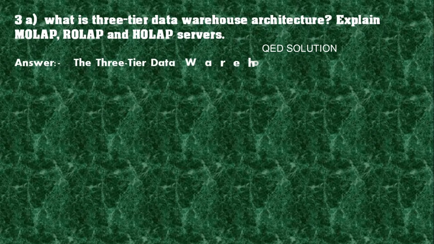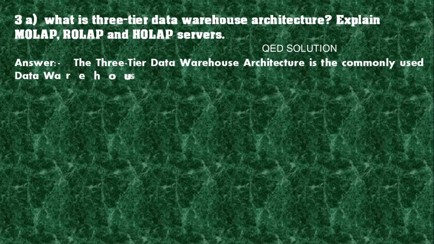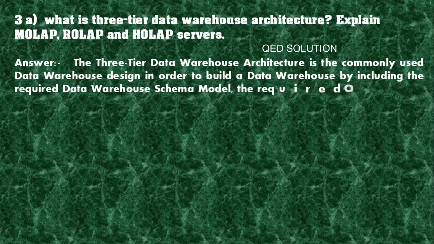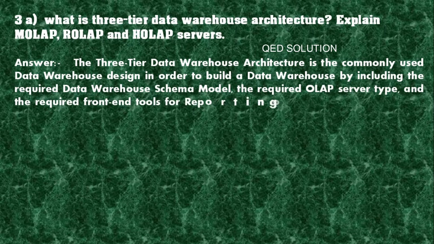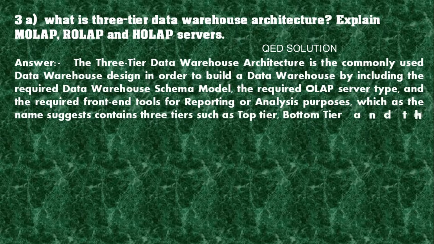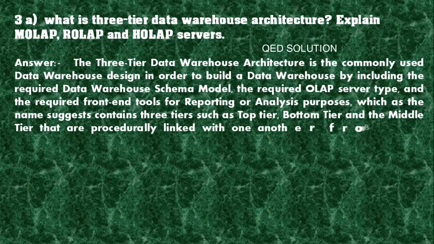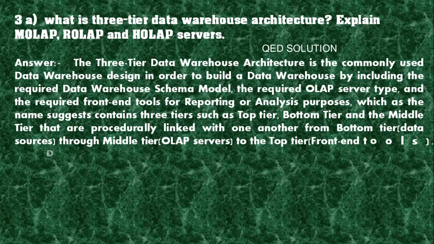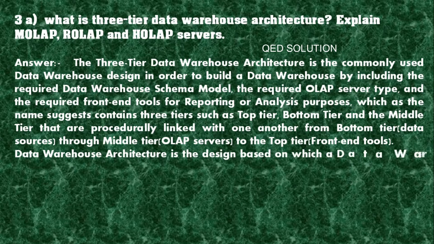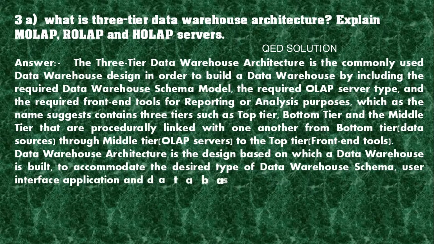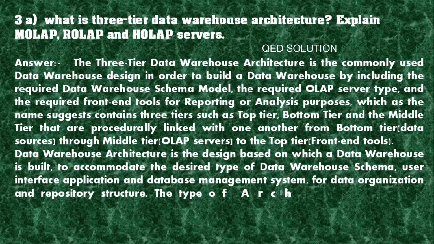Answer. The three-tier data warehouse architecture is the commonly used data warehouse design in order to build a data warehouse by including the required data warehouse schema model, the required OLAP server type, and the required front-end tools for reporting or analysis purposes, which as the name suggests contains three tiers such as top tier, bottom tier and the middle tier that are procedurally linked with one another from bottom tier, data sources, through middle tier, OLAP servers, to the